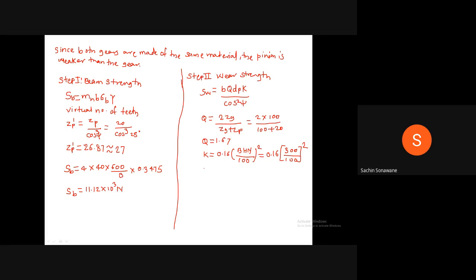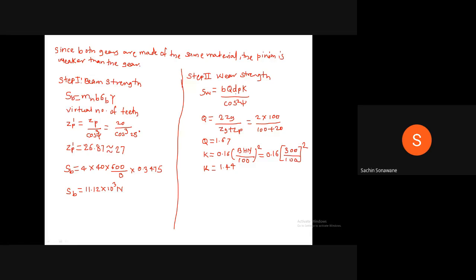Therefore, K is equal to 1.44. And we have to find out pitch circle diameter also, because in case of helical gear pitch